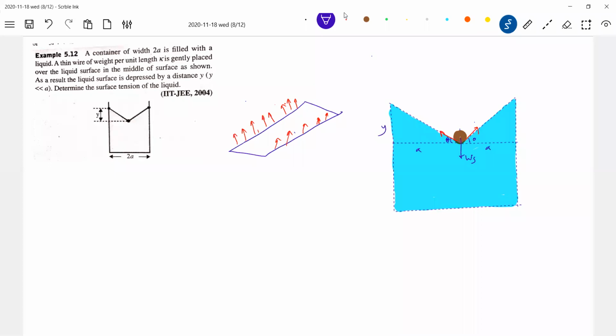Let's go for the force due to surface tension. How to calculate this? Thin wire. What do you mean by thin wire? The diameter of that is almost negligible. Let me take the diameter d. Length is L. Some wire that I'm showing. If you cut a cylinder,